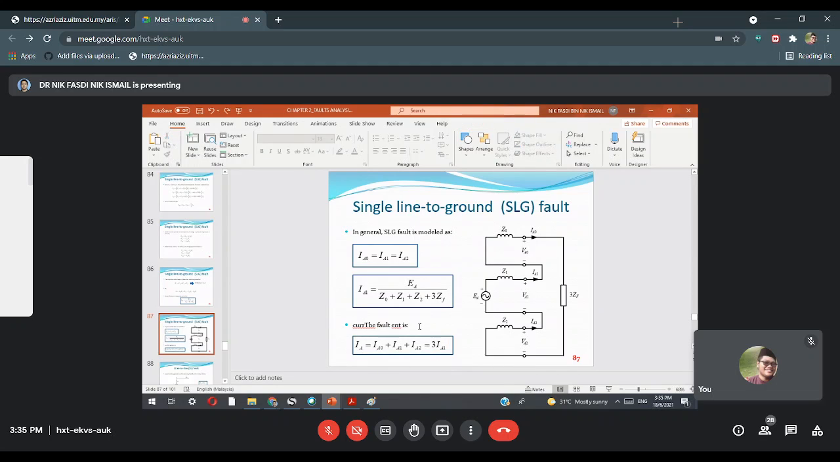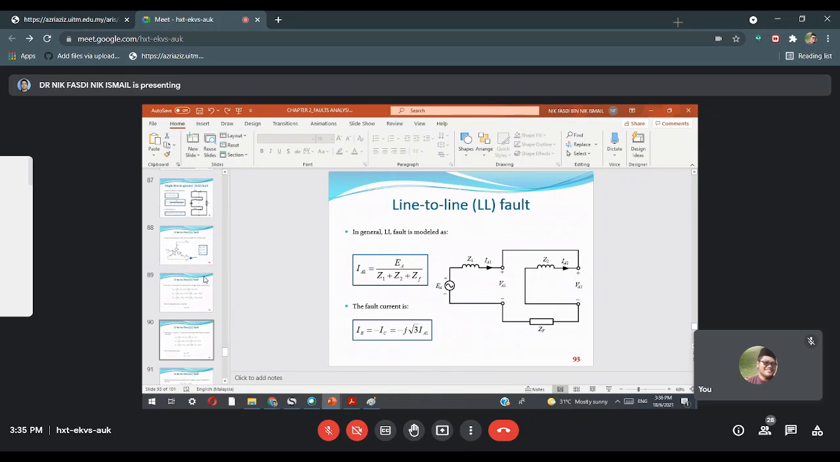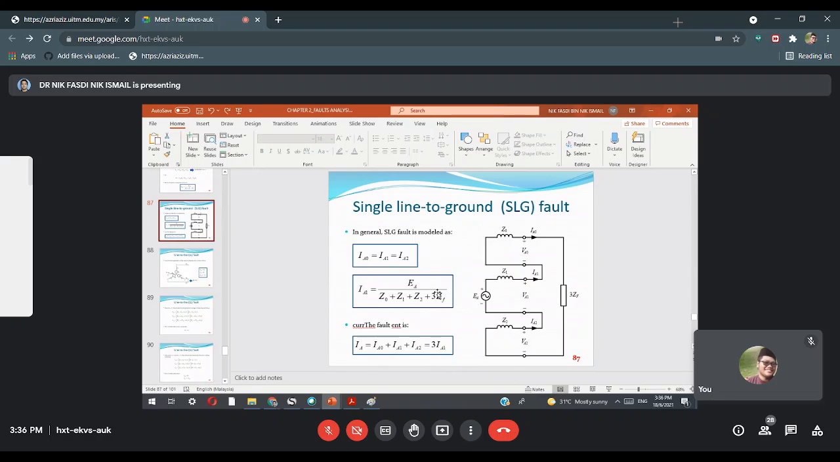Kenapa 3? Because that's the formula for fault current, single line to ground. Formula fault current for line to line, lain. Ini single, ini equation dia. So, jangan silap, jangan salah kira. Okay. Alright. So, macam mana nak draw the equivalent circuit for